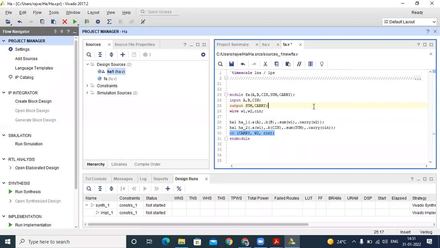If you understand this one, you can easily connect your top module. Does everybody understand that? Yes, sir. If you are facing any issues, let me know.